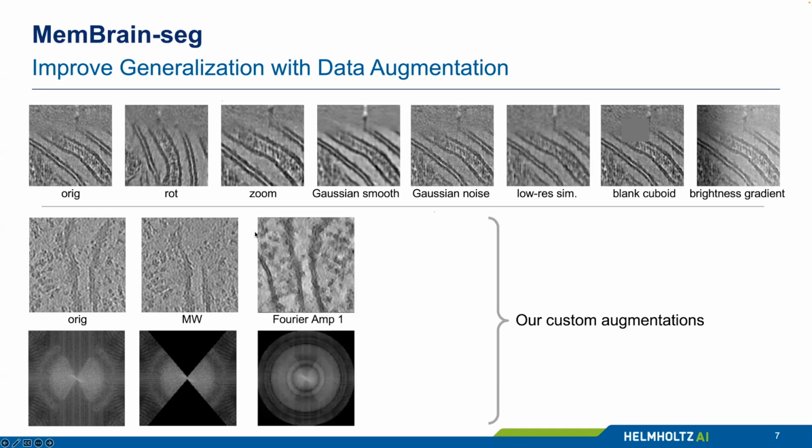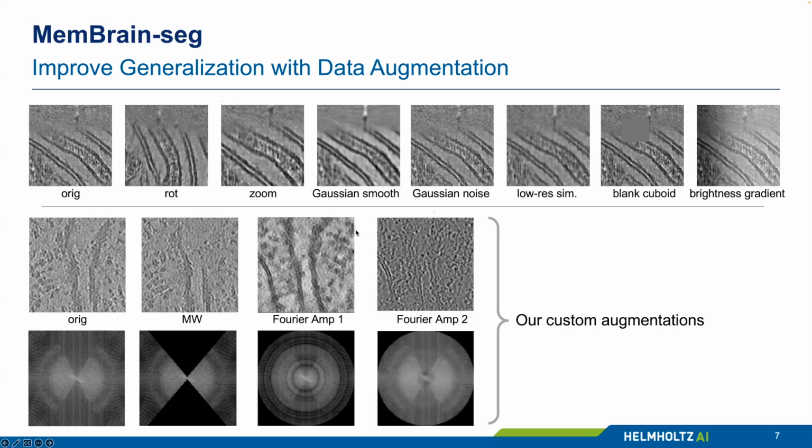What we also did was rescaling some Fourier intensities. In this case, we upscaled the lower frequency intensities, leading to much more pronounced coarse features. So the contrast is much stronger now in this image. But we can also do the opposite and upscale the higher frequencies, leading to the noise being much more pronounced. And in this case, it's very hard to see what's actually happening here. So this makes it a bit more tricky for the network, but I think it's a nice way for the model to learn how to deal with the different setups. So this is how we generated our training data and how the data looked that we showed to the model.